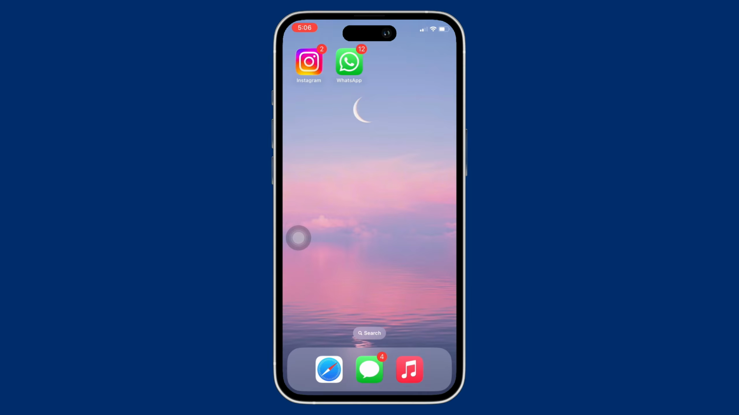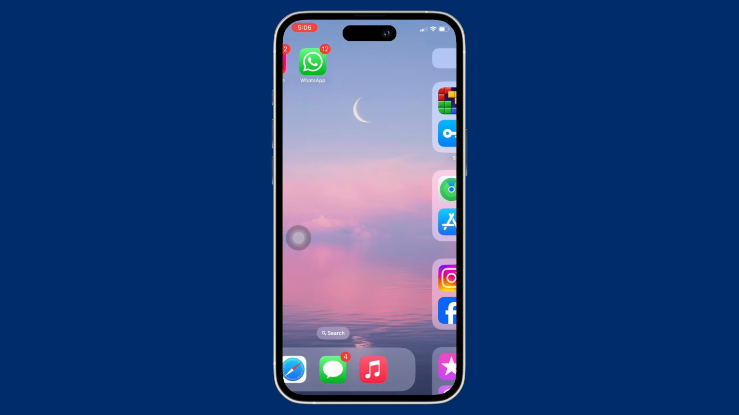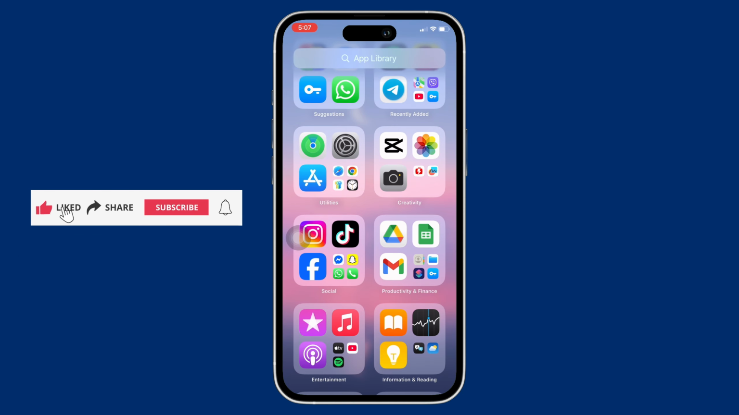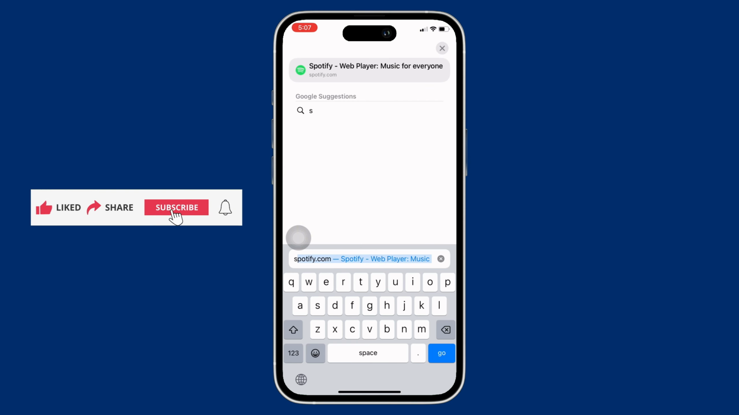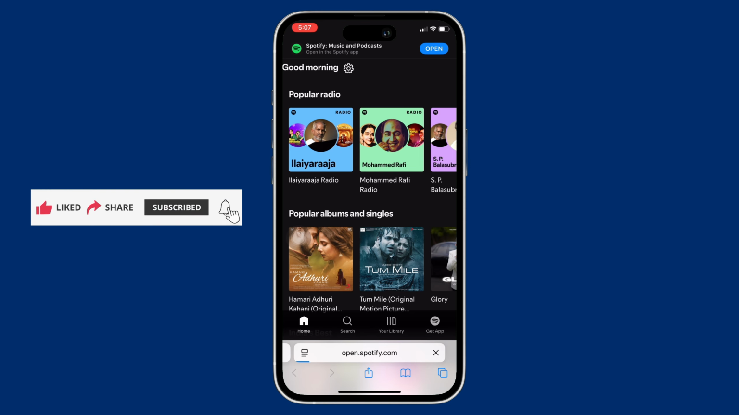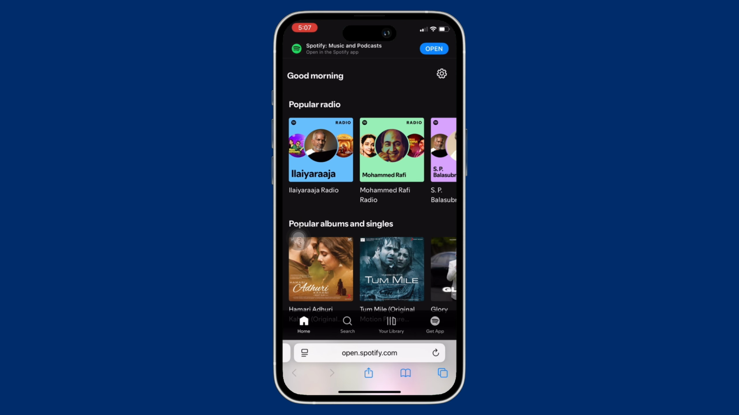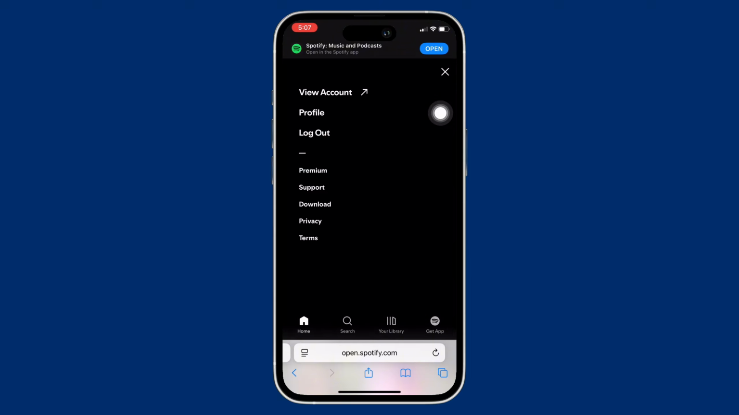Now let's get right into the tutorial. Firstly, go ahead and open your preferred browser, as this cannot be done from your Spotify app. Further, in the search bar, search for spotify.com and make sure you are signed in. Further, tap on the settings option on the top right of your screen and you will see the option for